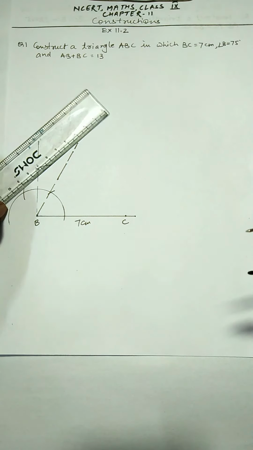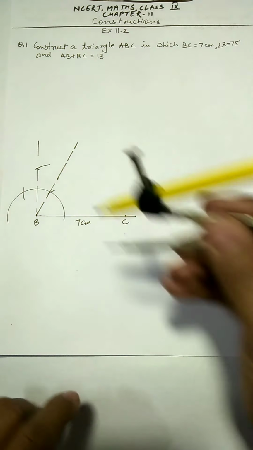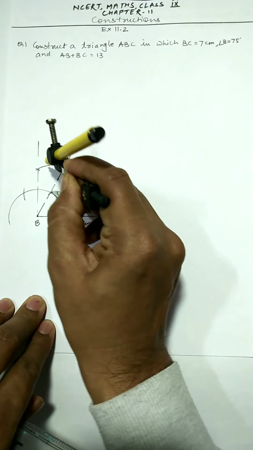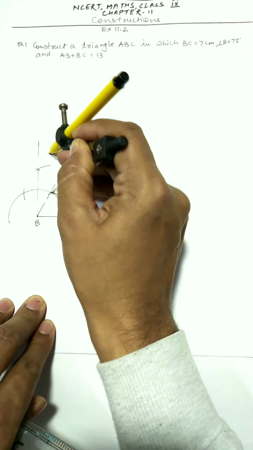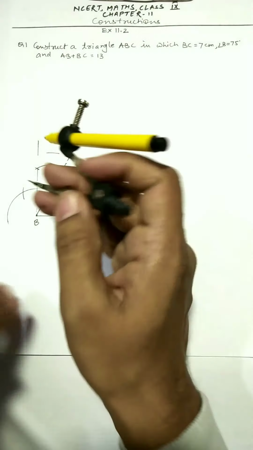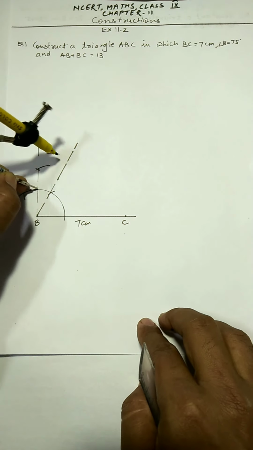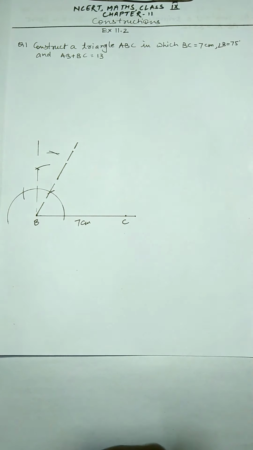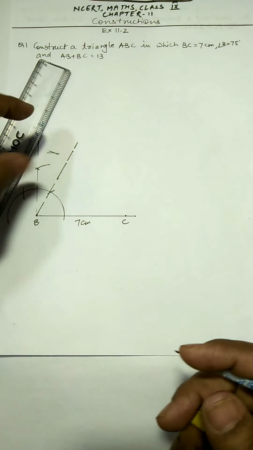Our required angle is just in between 90 and 60. So we'll bisect this angle. Take a little more, make an arc here from this point and make another arc which will cut this previous arc from this point. So this meeting point of two arcs is actually giving you angle 75 degree. So join it.